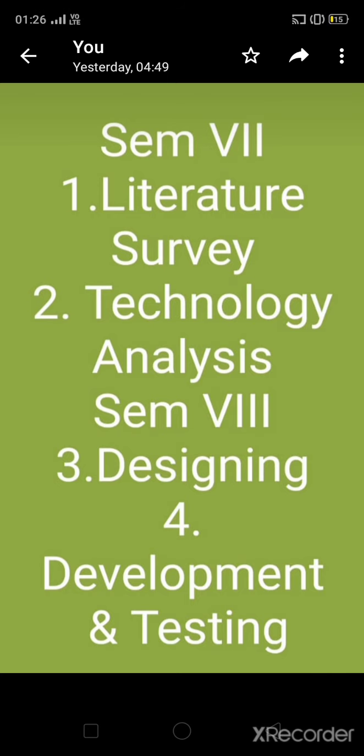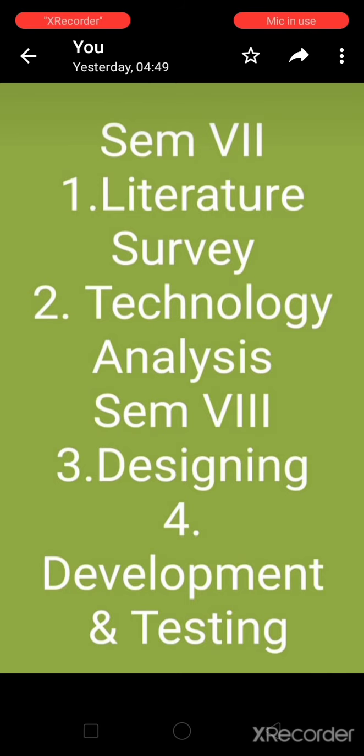Number two, technology analysis. Here you are supposed to analyze various technologies which you are required to complete your project. Choose a programming language which has more libraries to support your project. For example, your social network project can be implemented in PHP, Python or Java. You will be required to choose one web framework for actual development. Accordingly, you have to choose a database which is supported by your programming language. You will have to learn new technologies and frameworks so that you can code in it.